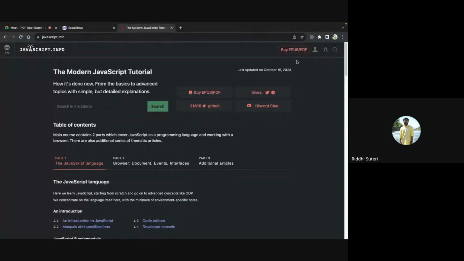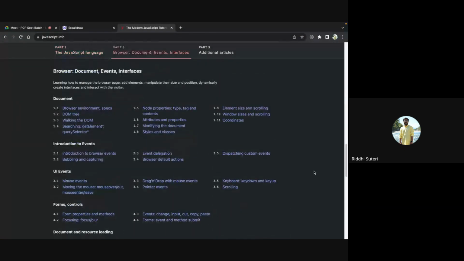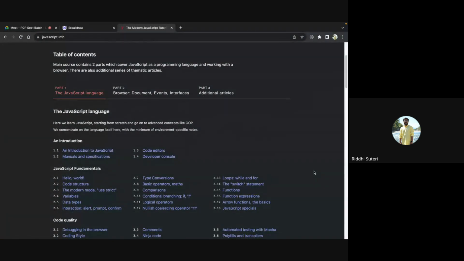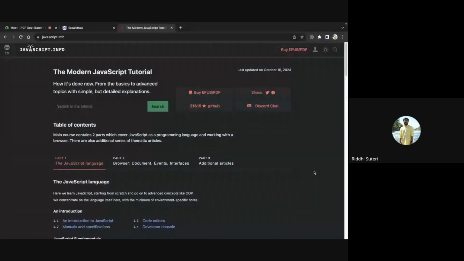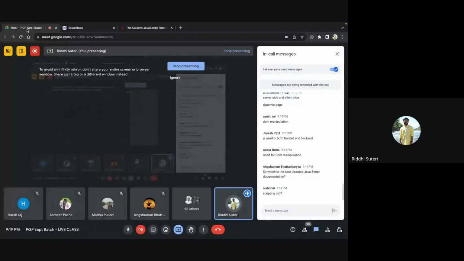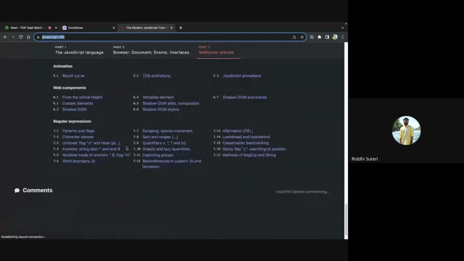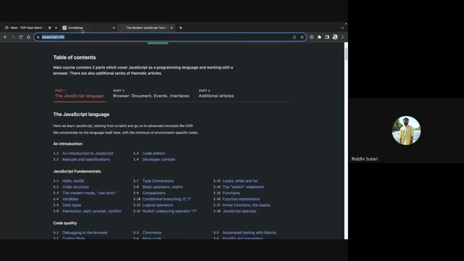Anyways, it's like a unified resource from where you can learn a lot of things about JavaScript at one single place, and it's pretty crisp in some sense. So you can refer to this documentation throughout the course, and it will be a good go-to web page for you, from where every resource is written this way, and you can just directly click on the links and read about that.